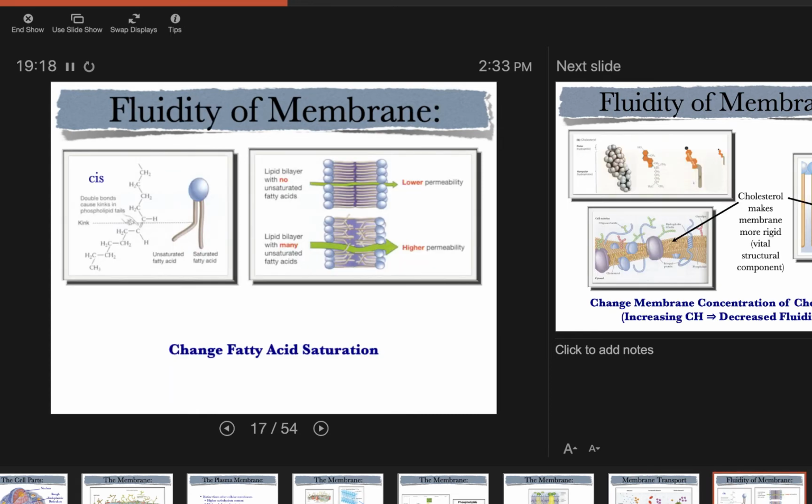Went through this last time. We said the membrane has mostly phospholipids, and a lot of those phospholipids